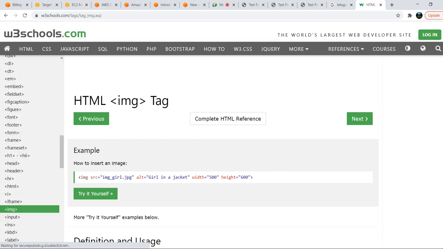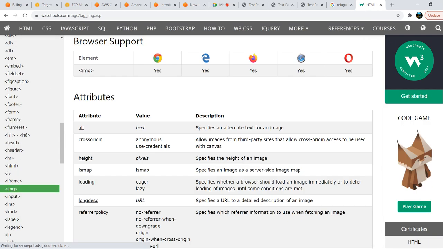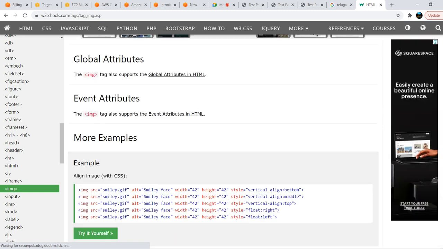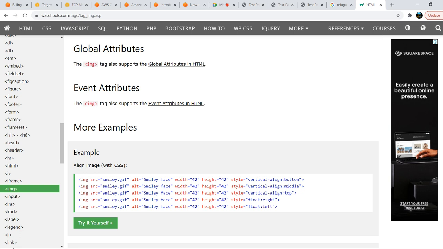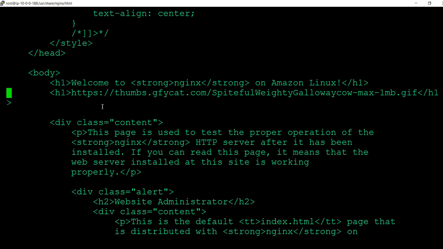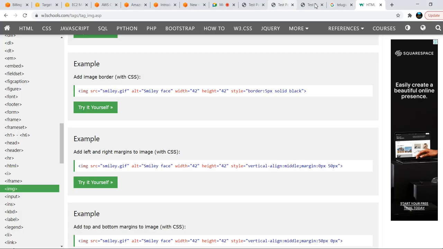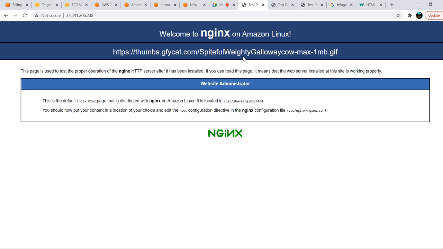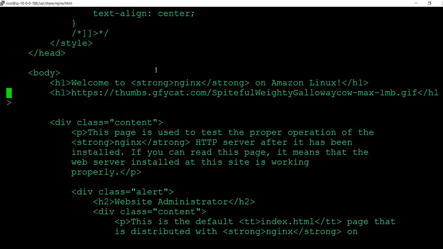Okay, I have used an HTML tag, so that is the reason the content is displaying for us in HTML. Okay, so I'll use the image one. It will be good, right?